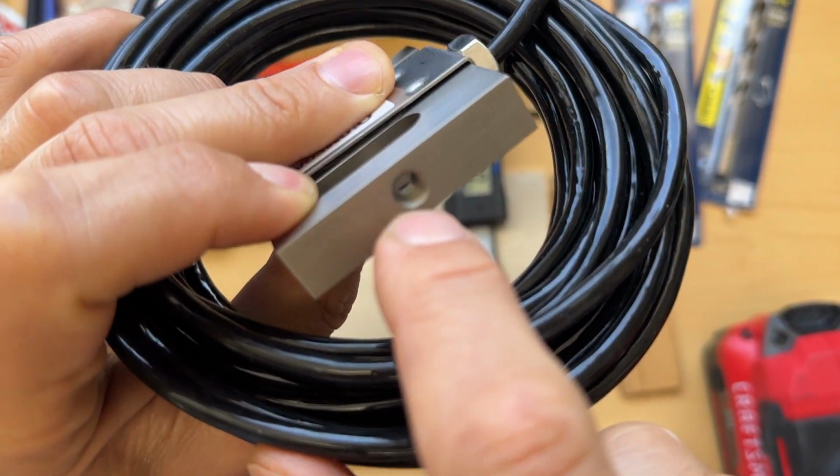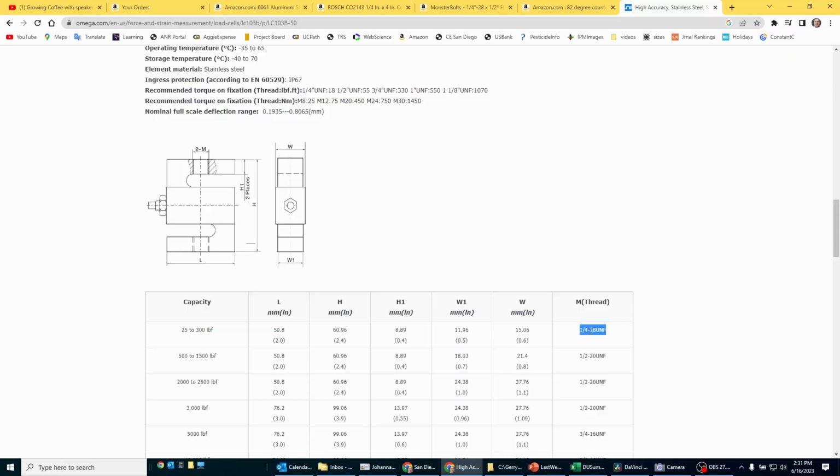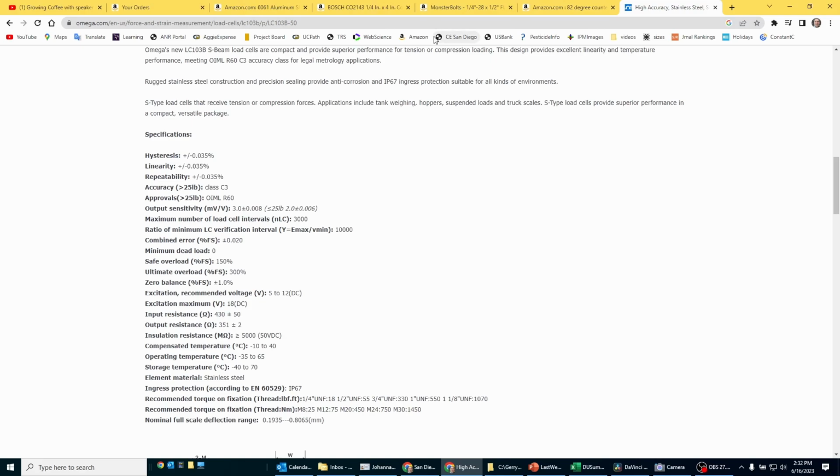So you need to buy a screw that fits in these threads. So it's a quarter inch 28. 28 has to do with the threads, with how many threads per inch I think there are. So you will need to buy a